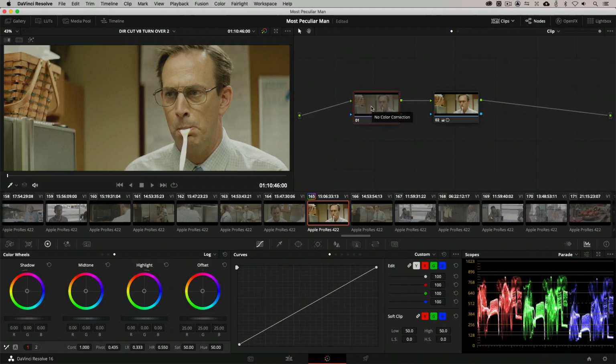I'm going to use the 9 on the numeric pad, and as I hit 9, you'll notice over here that not only is my scope adjusted, but over here you'll see that the blue value has jumped to 26. And what I'm going to do is just add a couple more in there, and you'll see that as I'm doing this, blue is being added. Now I don't want to add too much blue, so let's just bring that down to 26. And I'm just going to bring the red and green down just a little bit to about there. I think that's looking pretty good